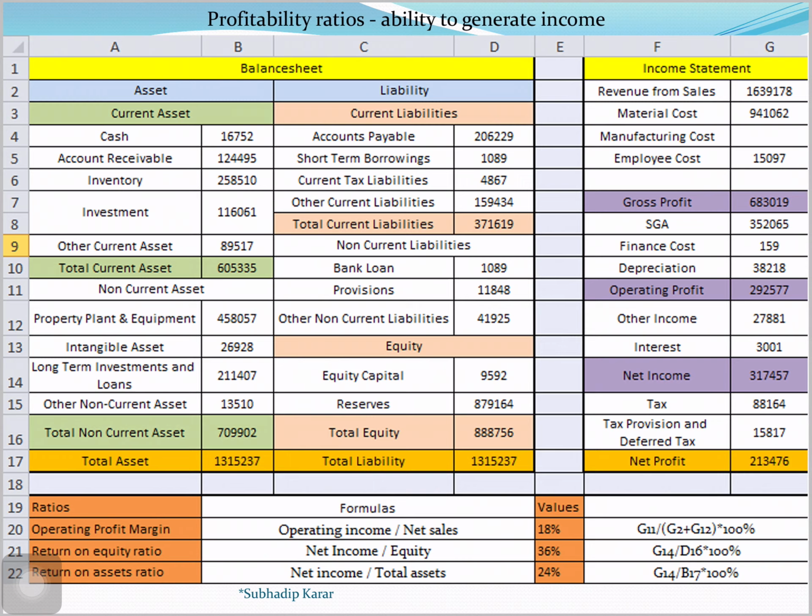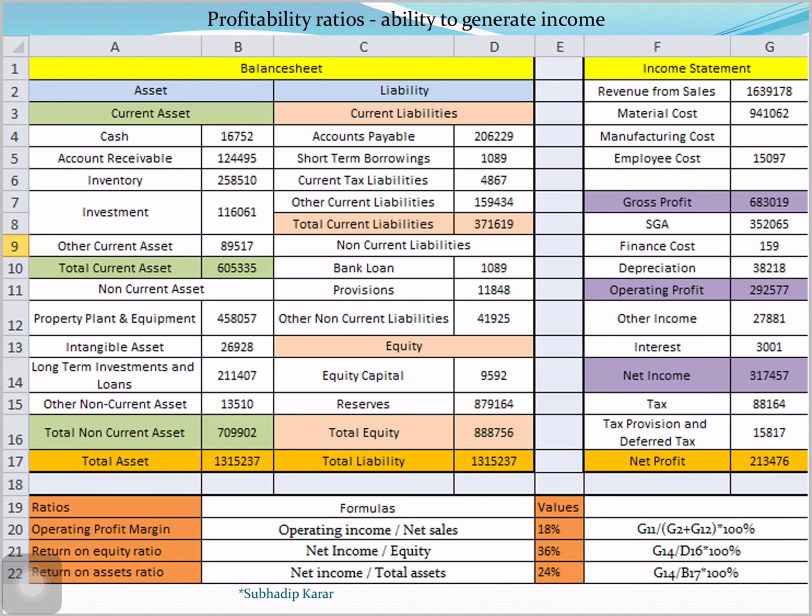The first one is the operating profit margin. It is a profitability or performance ratio that reflects the percentage of profit a company produces from its operations prior to subtracting taxes and interest charges. It is calculated by dividing the operating profit by total revenue and expressing it as a percentage. Here in this case, it is showing 18%, which means if I sell a product of 100 rupees, I will gain a profit of 18 rupees.